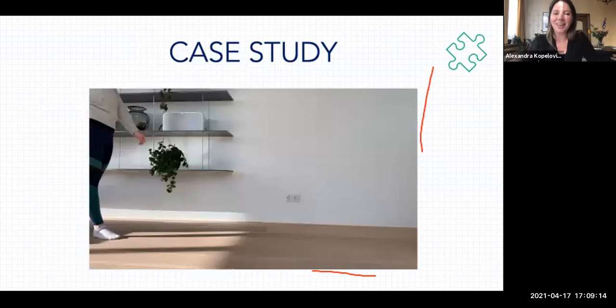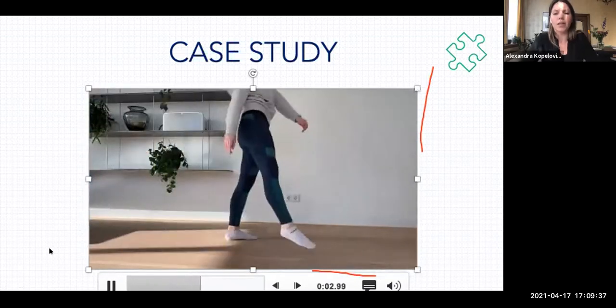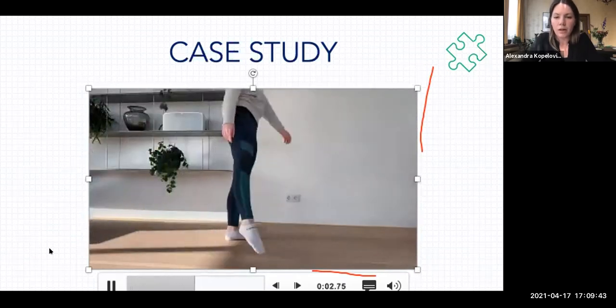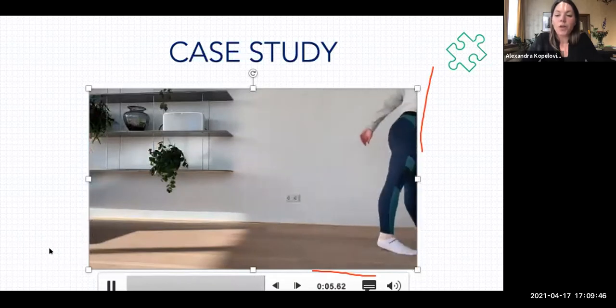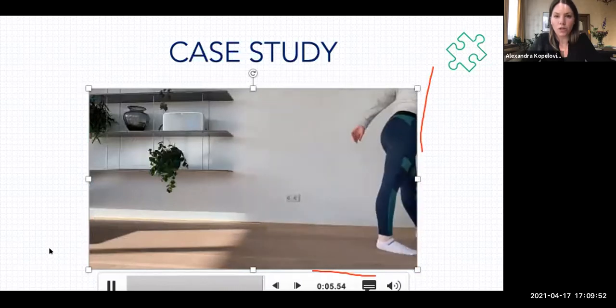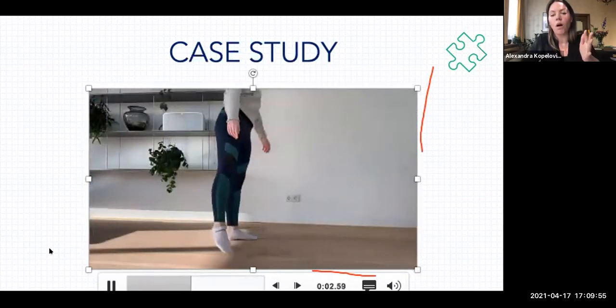Alrighty, so let's take a look at our case study. We're going to be following this case study for the duration of the presentation. This is a 29-year-old female presenting to your clinic with complaints of lower back pain. You ask the patient to walk from the waiting room area to your treatment room, and this is what you observe. I'm just going to let you watch this video for a second and think about what you're seeing. What I want you to think about is, what are some objective measurements that you can record just by watching the patient walk from the waiting